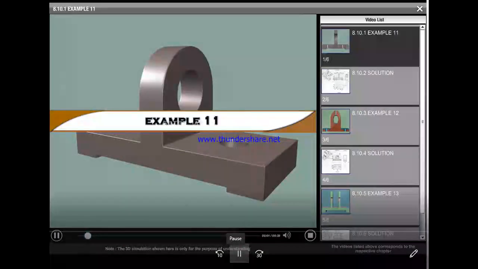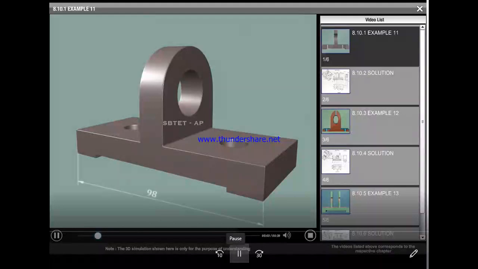Example problem 11. In this problem, the pictorial view of a bearing block and the position of the cutting plane are available.